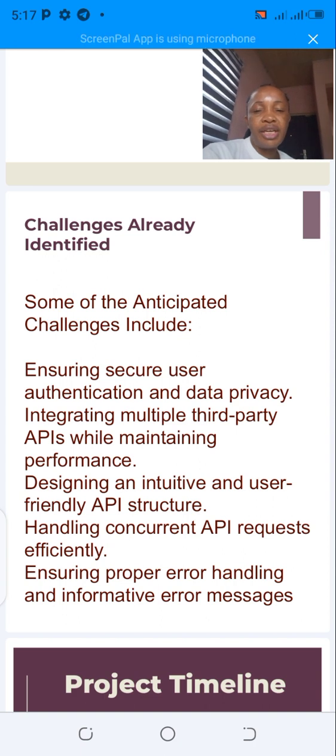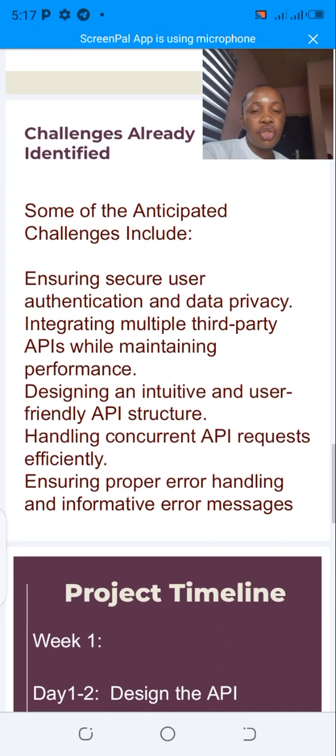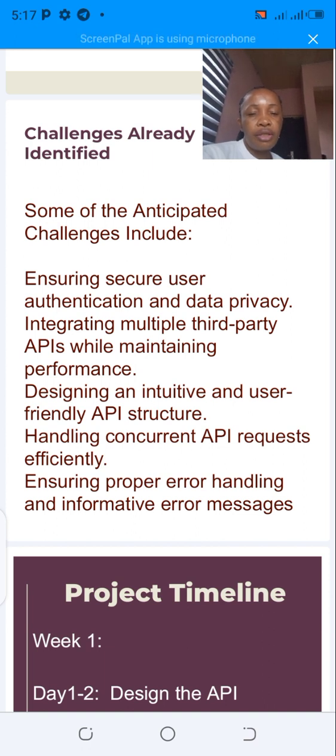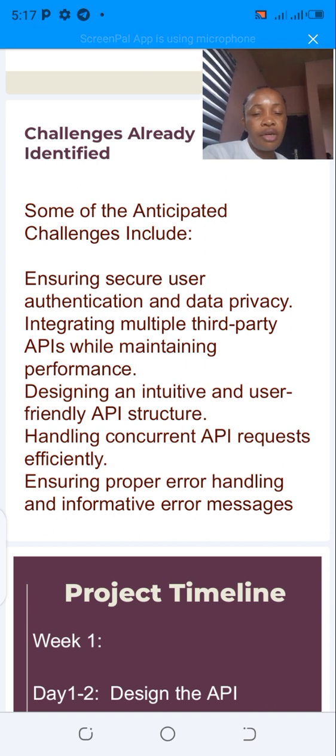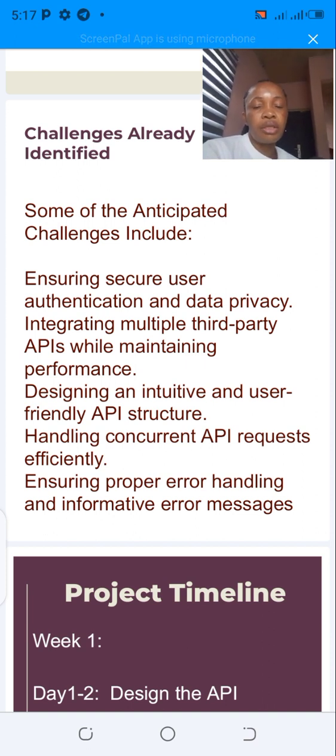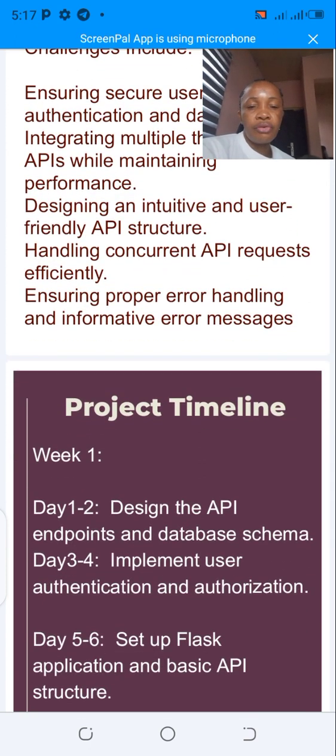Challenges already identified. Some of the anticipated challenges include ensuring secure user authentication and data privacy, integrating multiple third-party APIs while maintaining performance, designing an intuitive and user-friendly API structure, handling concurrent API requests efficiently, and ensuring proper error handling and informative error messages. So these are the identified challenges which will be taken care of